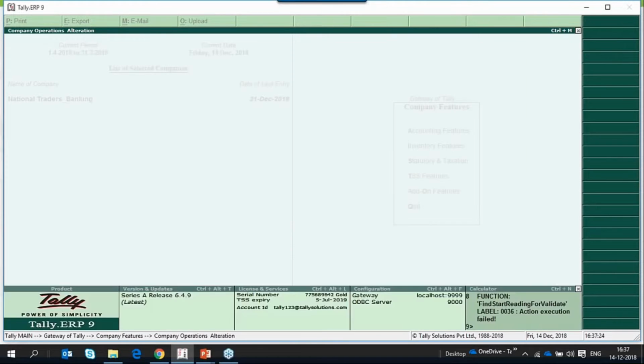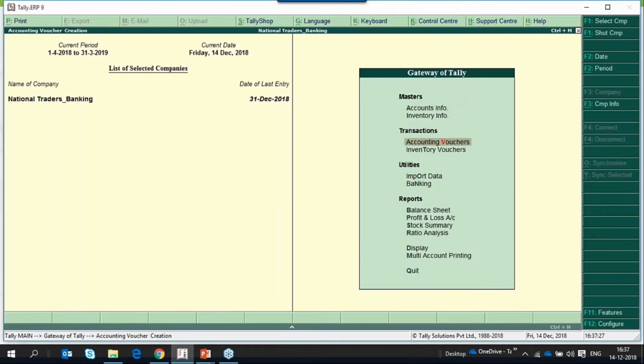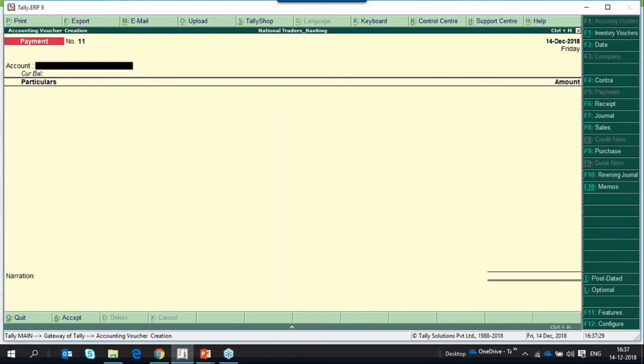Let me record a post-dated transaction. This post-dated will be highlighted only when reversing journals and optional vouchers are enabled. So to issue a post-dated check, I have to use this post-dated option here. Let me click on this.